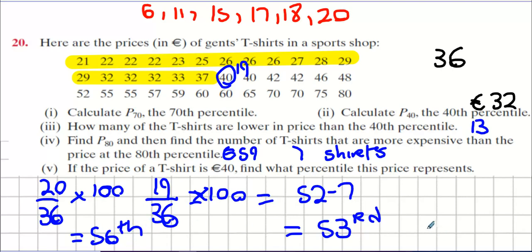That's why the answer says 53rd to 56th, because we have two 40s. If it was a singular value, it'd just be one answer. Because there's two of them, you have to take in the top and the bottom amounts. These are tricky. We're going to do more of these on